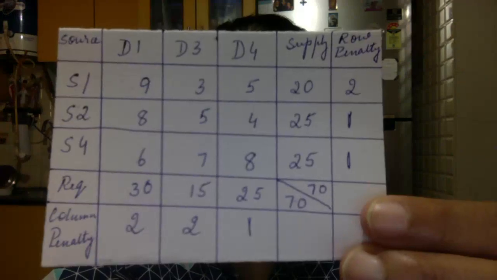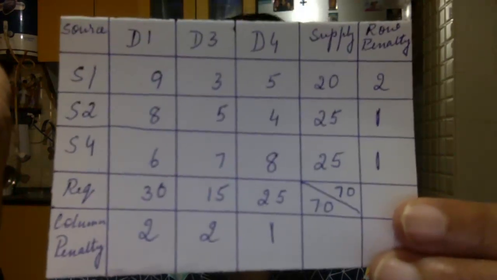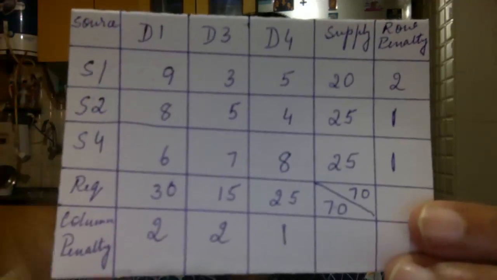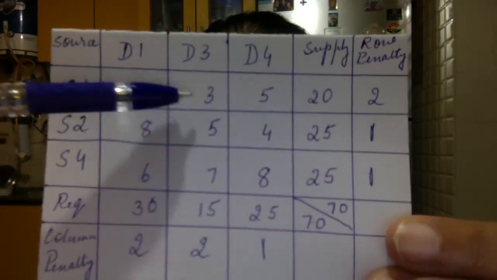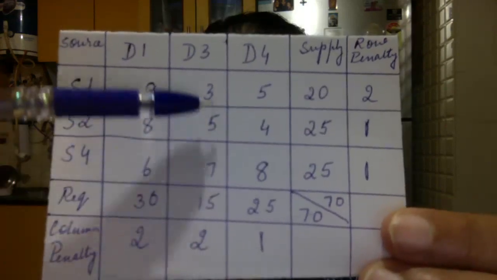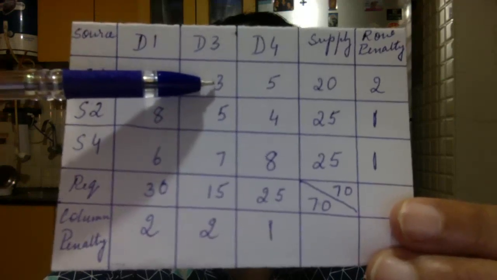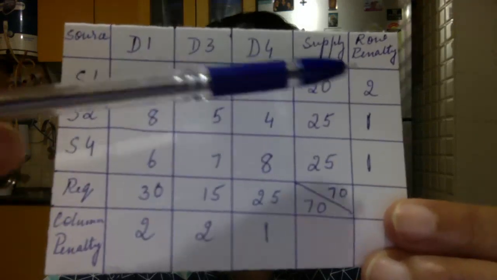Now, class, we have 2 here as the highest, and here also it is 2. So which one will we take? You have to just use your judgment now. If you take this 2, you will be able to allocate to the least in the matrix, which is 3. Whereas in here also you can allot the least in the matrix, which is 3. So it is better to take a choice between this 2 and this 2.